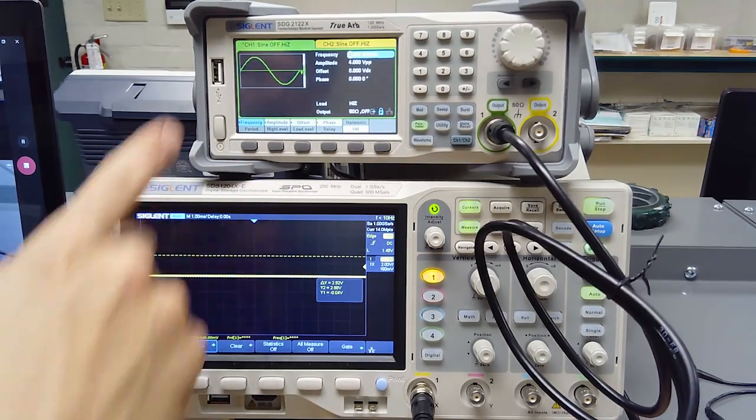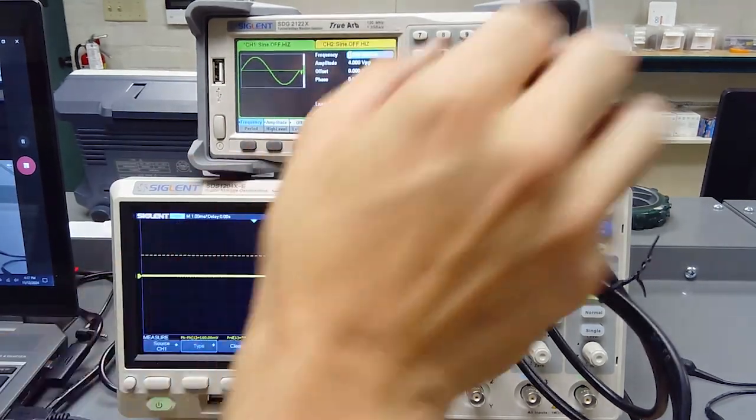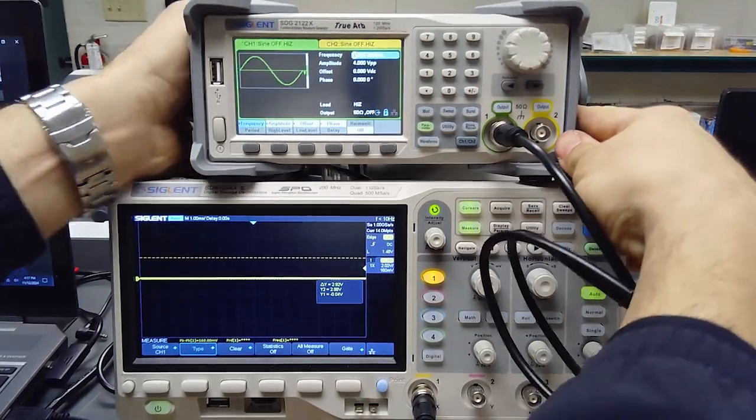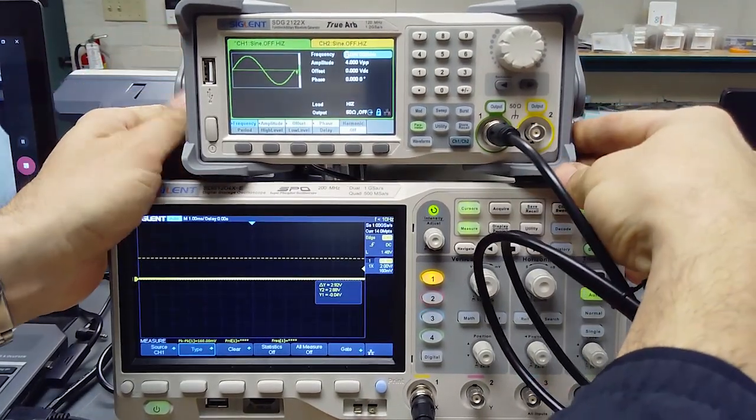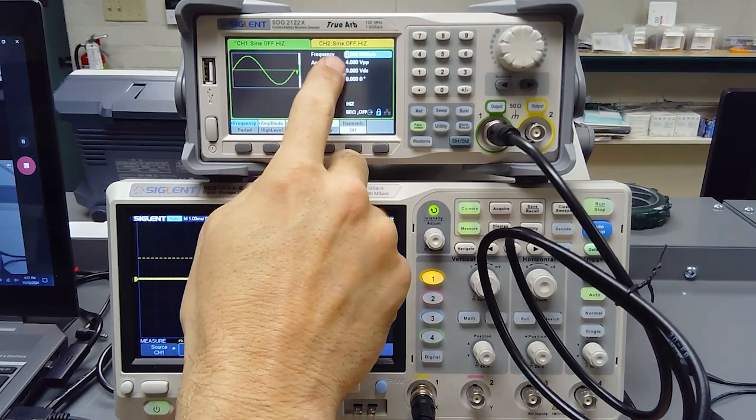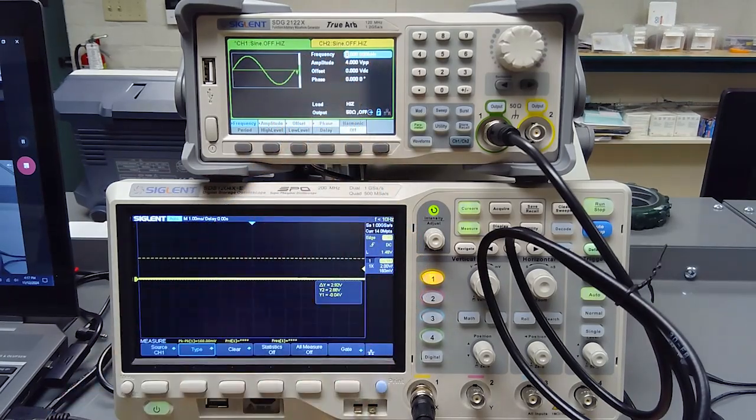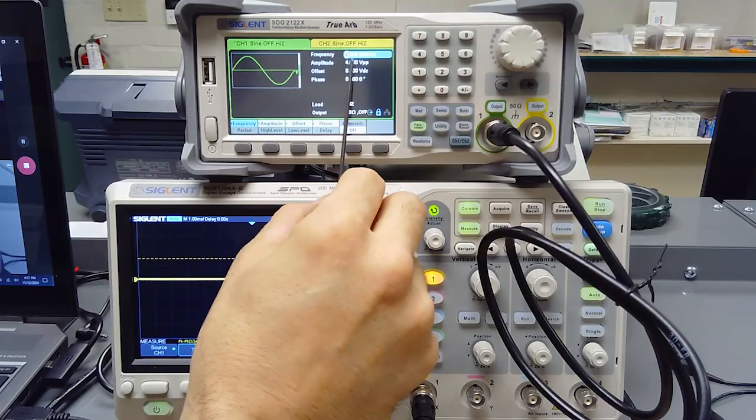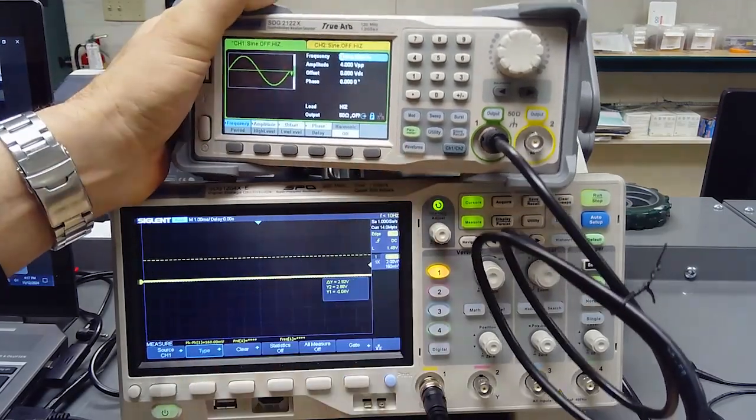So the first thing that's up here is a sine wave. So what I can do is look at the parameters of that sine wave that we have set up. So here we have frequency, 1 kilohertz. We have amplitude, which is the voltage from